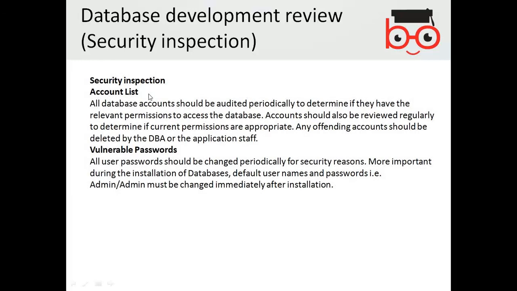Security inspection. Account list. All database accounts should be audited periodically to determine if they have the relevant permissions to access the databases. For example, if you created accounts for 3 employees, then periodically, every month, every week, or every day, you should check whether each employee still exists.